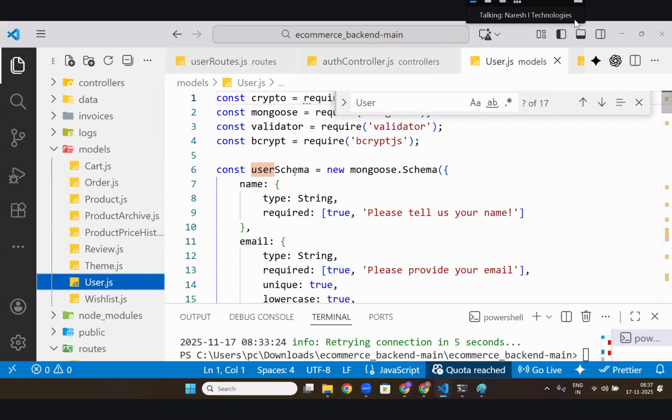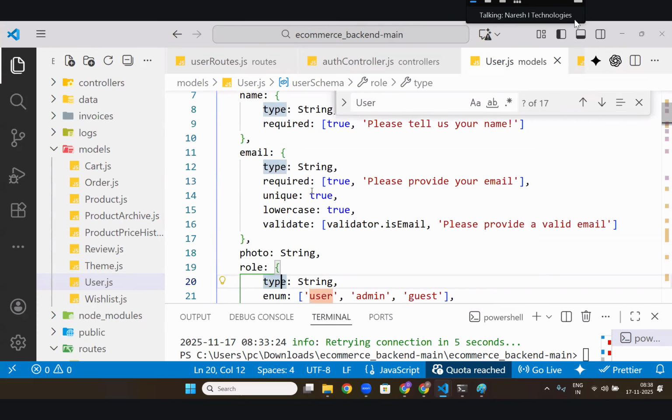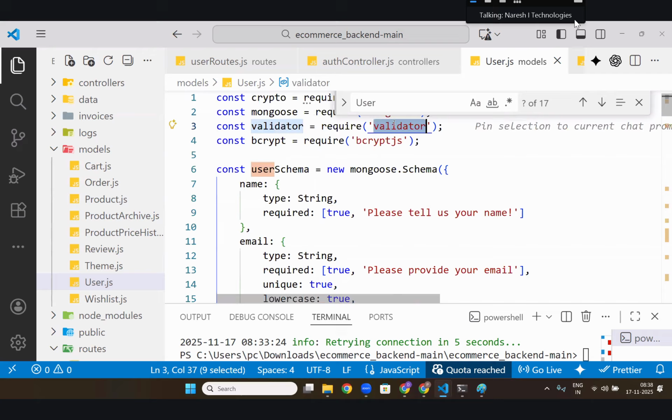What is that user? Inside user there is a schema. The user will take values, like what values it is taking: name, and required is true. If someone is not giving a name, it's an error. What is the error? Please tell your name. Email is also required. It should be unique, it should be lowercase, and it also has something called validator dot is email. So this guy is checking with the validator. There is something called express validator.